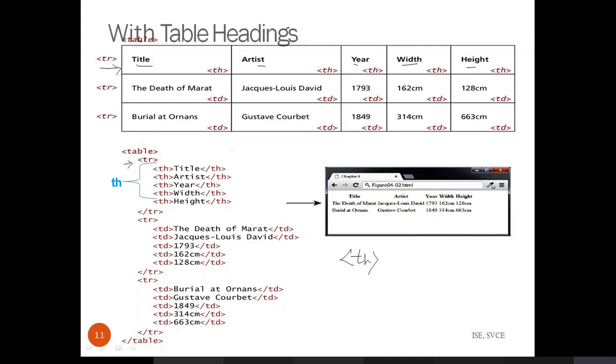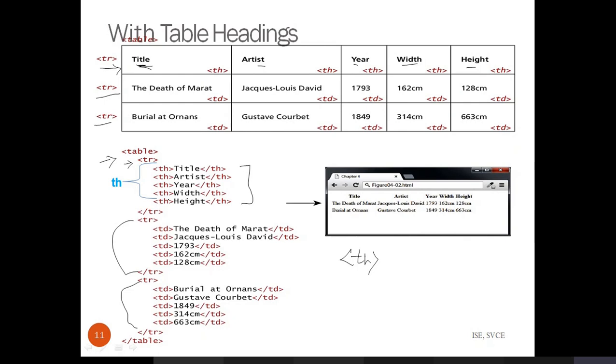You can just see the tag used here, it is th, followed by the heading you want to display for column 1. Here I have specified it is a title. Just close the tag. Similarly specify for the remaining columns. Always the heading should come in the beginning itself. When you open the table tag, immediately followed by it the first row should be the heading, followed by the first, second row and third row as the content of this table. This is the second row and this is the third row.